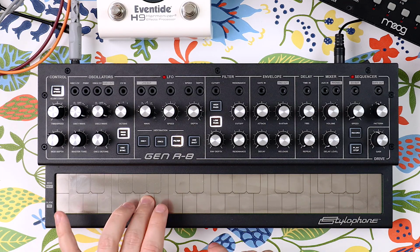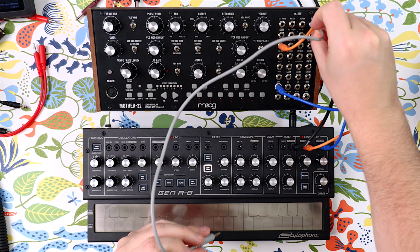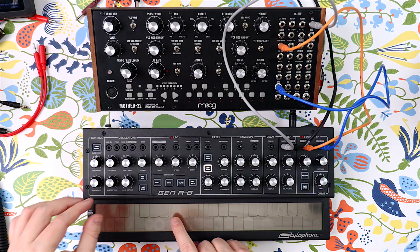This is actually the first Stylophone that I feel is useful for a wider range of music producers. The previous version, the Gen X1, I liked it, but I just couldn't use it for anything because it lacked MIDI and CV, so there was no way to interconnect it with my other stuff in the studio, but it sounded good anyway. But the real question is, of course, if the new Stylophone GEN R8 has something unique to offer,